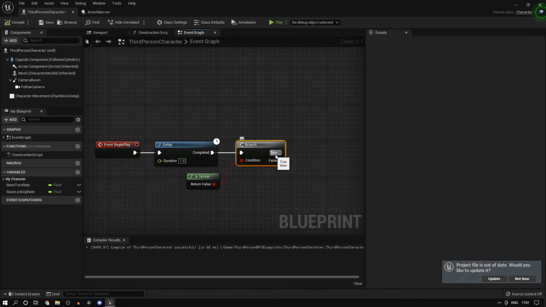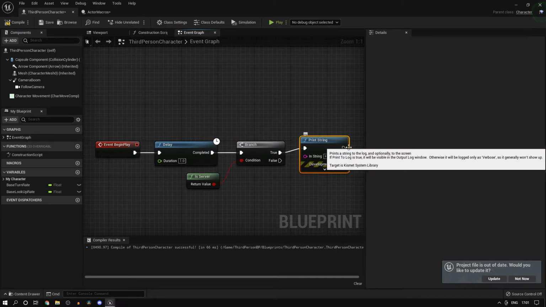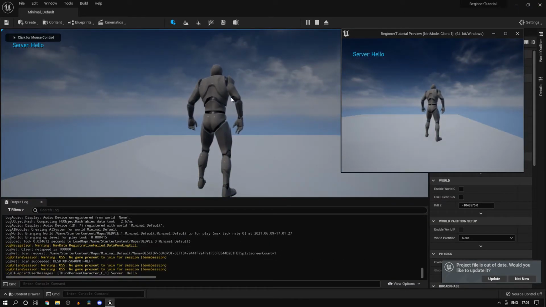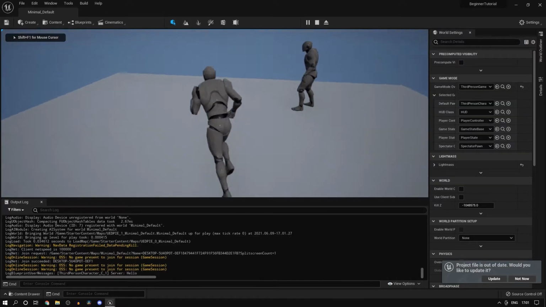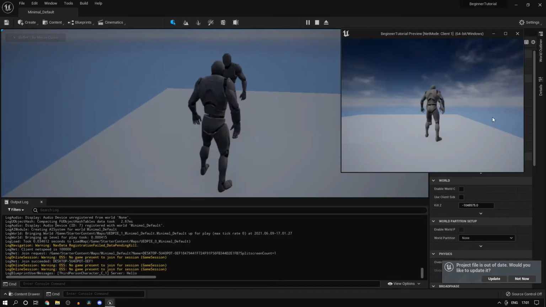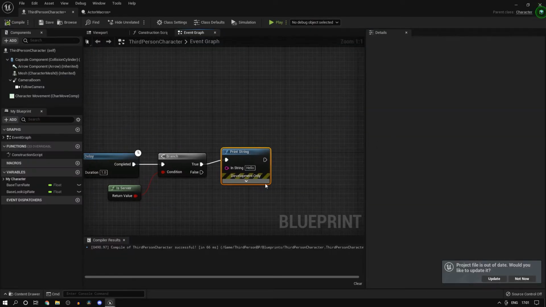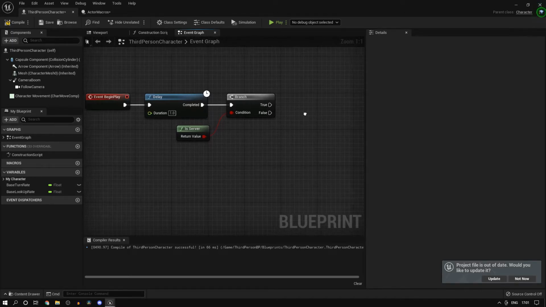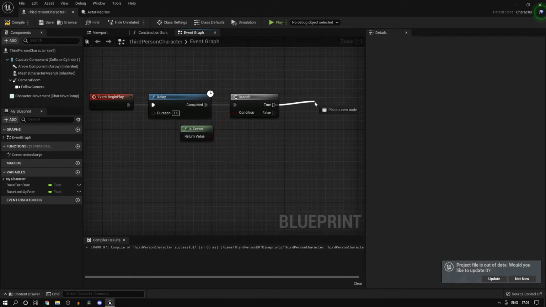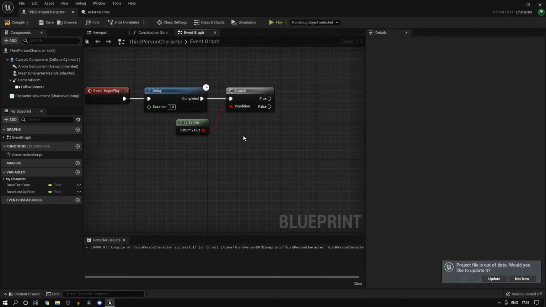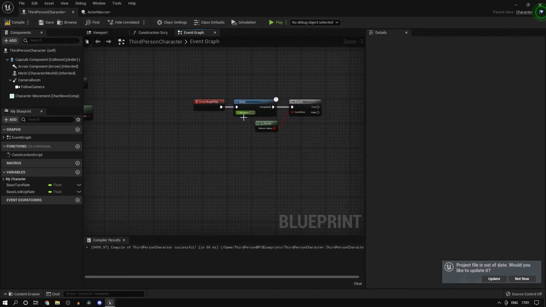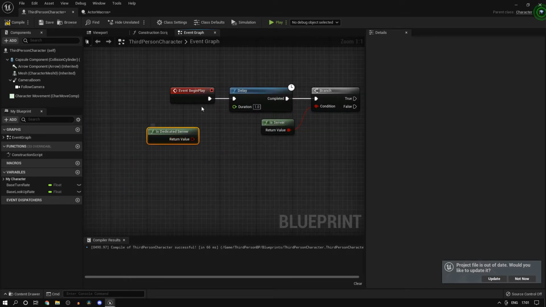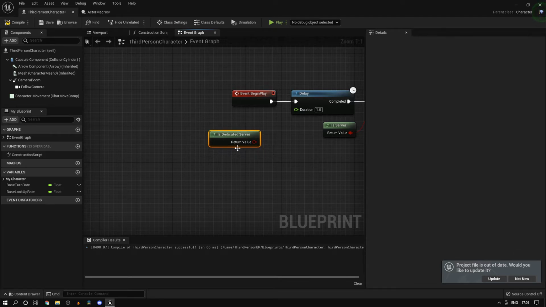So if it is the server, first of all we'll print a string, and if you see, it prints two strings. So when this character was spawned, it printed a string, and when this is spawned, it printed a string. So now if we can spawn a weapon, we'll have functions for that. You could run this off of that and it'll run just fine, and it'll be replicated correctly since it's being spawned on the server. And is dedicated server just returns if it's a dedicated server. We'll be using that while creating sessions.